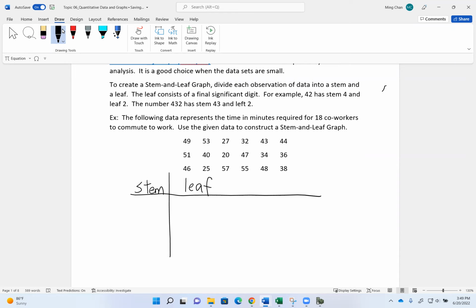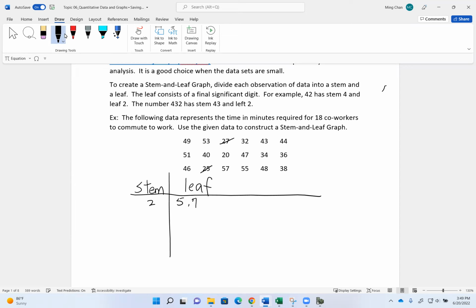So why don't we just look around the data and start from the smallest. So the single data value here is only 2 digits. So we'll have 1 digit on the stem and of course always a single digit on the leaf. So let's do the smallest one. I have 25. So 2 here, 5 here. So this 2 means all the data values that are in the 20s. So that's 5,